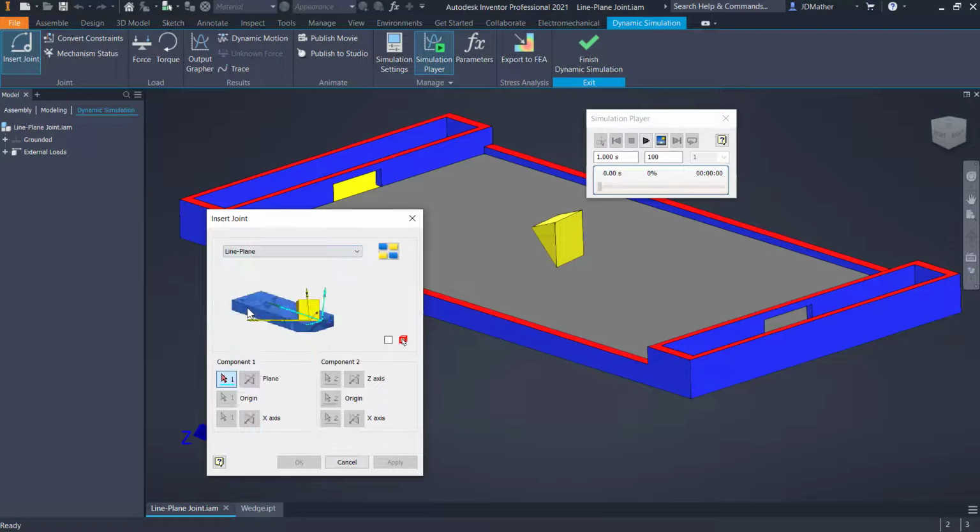So line plane. Now in earlier versions of Inventor, and this is going back maybe 3 or 4 years ago, if you did this next step, it would immediately crash. They have fixed it in, I think from 2019 version on, it is fixed. But if you're doing these in an earlier version of Inventor, 2018 I think, 2017, somewhere back in there it would crash. So I'll select for the first component, I'll select a table, and for the second component I'll select